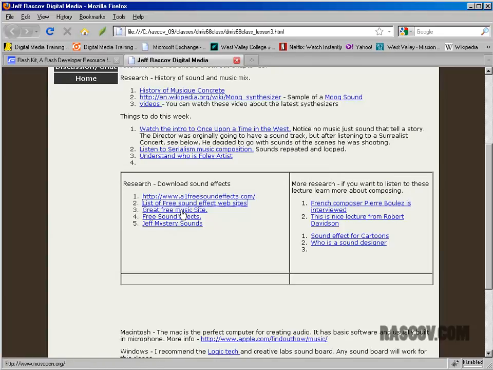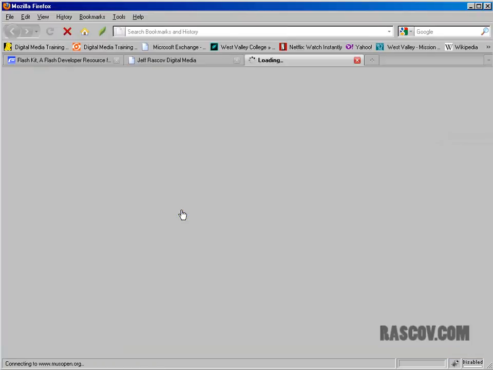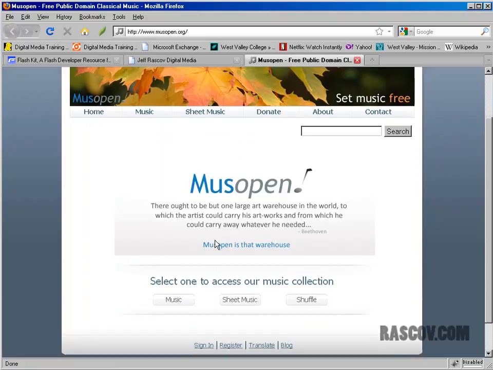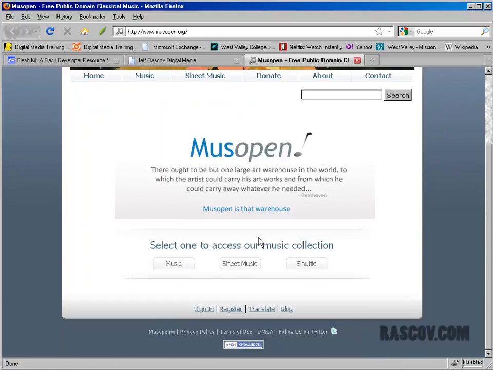A great website that I use for free music a lot for movies is MuseOpen, which is free open music software from Stanford. This is actually run from Stanford, and what they do is they find open source music, which means that you could use it in your movies and videos without paying royalties.